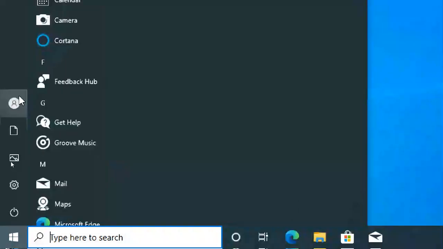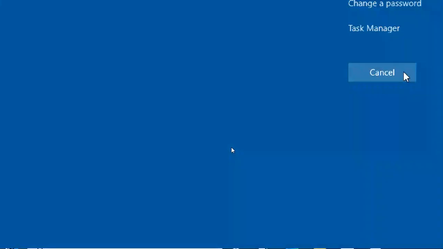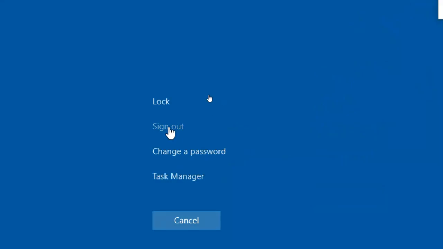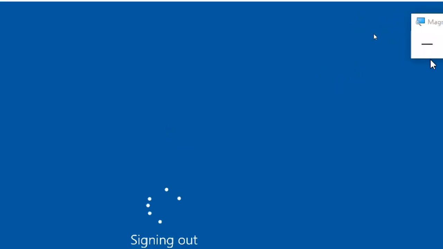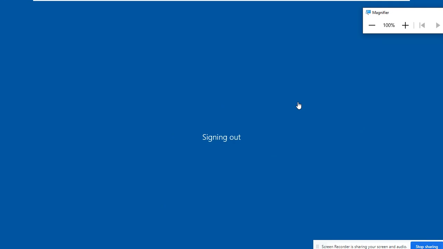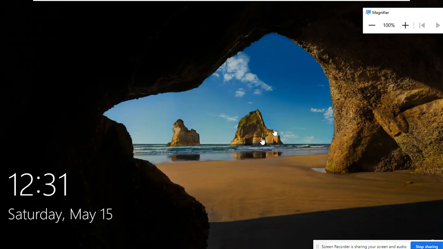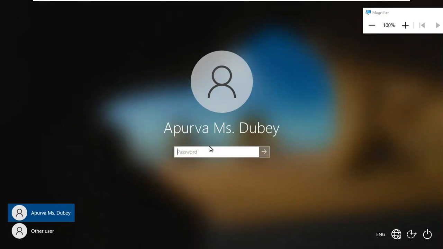I want to sign out. So I sign out directly with Alt Control Insert, sign out. If you are using a physical machine, Alt Control Delete, but this is VMware Workstation. Okay.